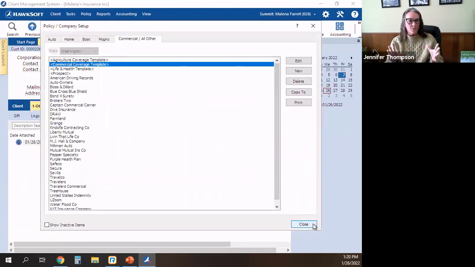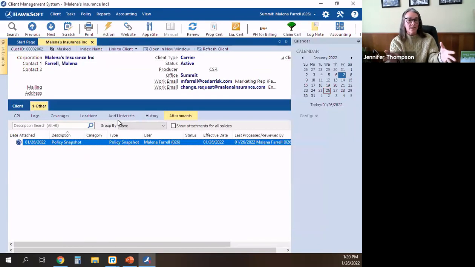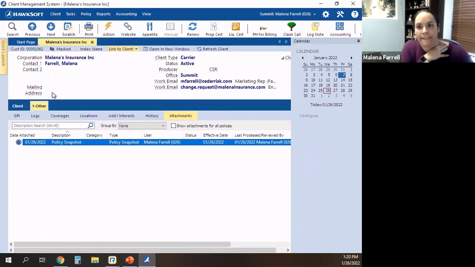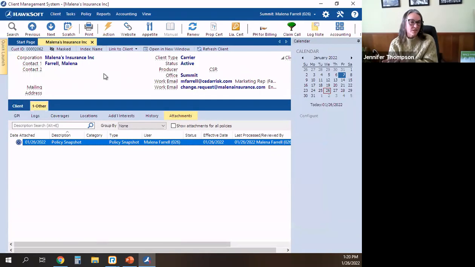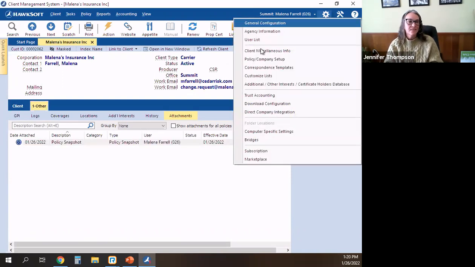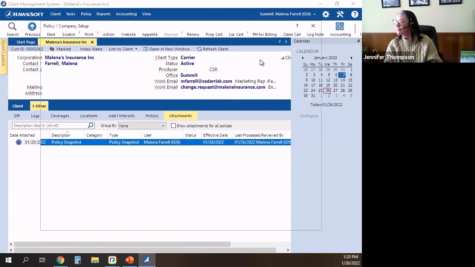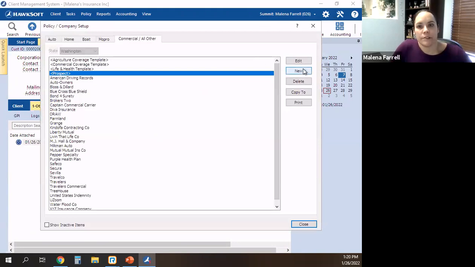So I think what we want to say is initially you were creating a carrier client file with all of the company information. Yep. You can set some of that stuff up in the system area as well, but what's the advantage of doing it here? I will show you. Policy company setup. So we're actually going to go ahead and do a new